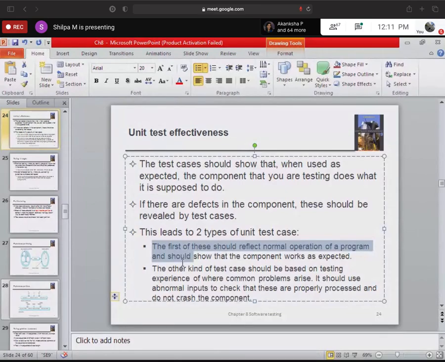If you give a normal Gmail account, then it is fine. But someone may give something like ABCD. Yes, it consists of characters, but it can never be a correct Gmail account, right? So your test cases should also check for those problems. If someone gives something wrong, what will happen? How will you check it? All that.